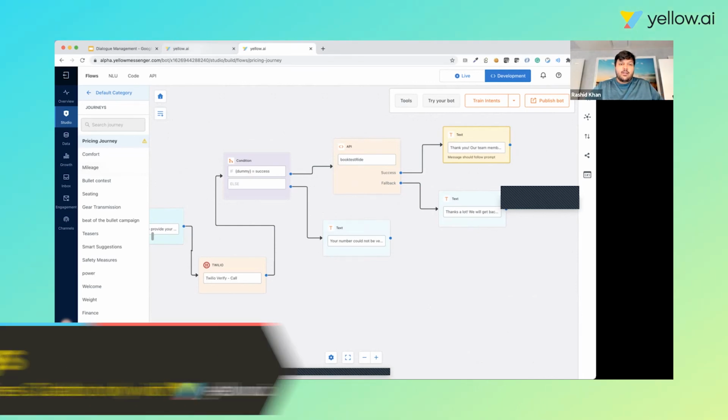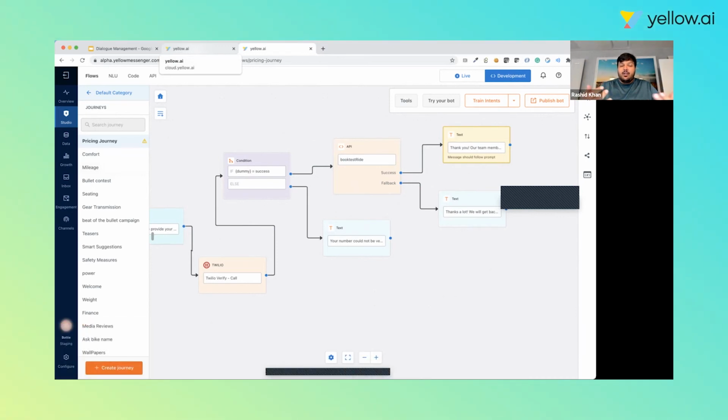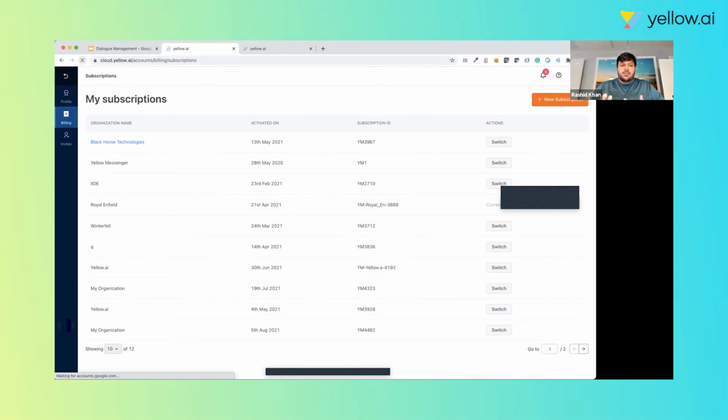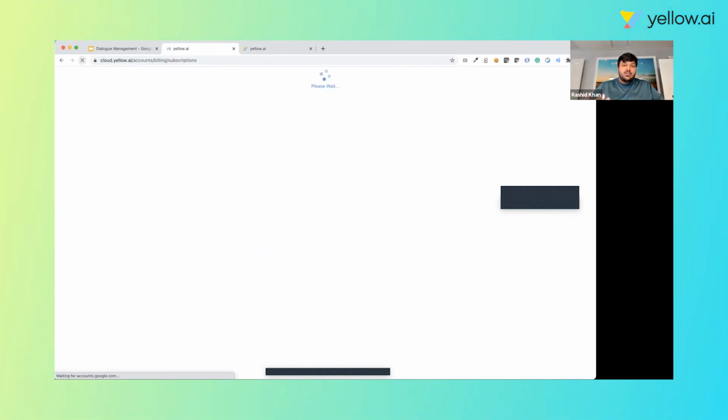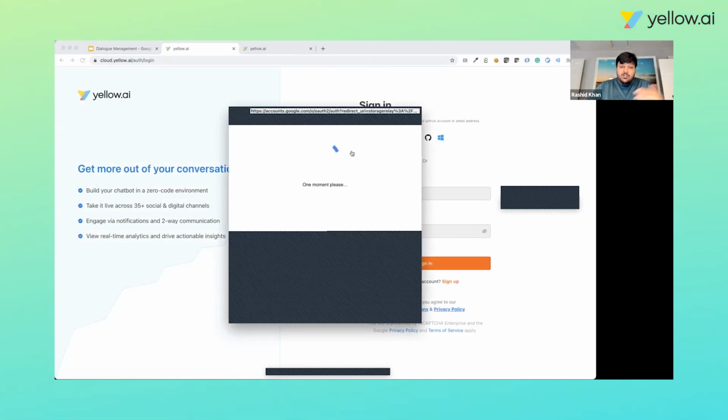Now, moving on to the next step of the demo. We just saw how a business user can build out a very complex and powerful workflow through the platform. Next, we will also see how, as a user, you could bring unstructured data into the Yellow.ai platform, and how we generate dialogues and question answers from that.